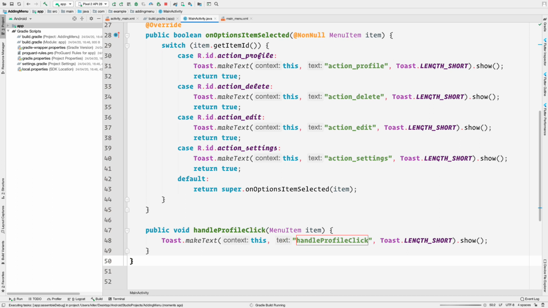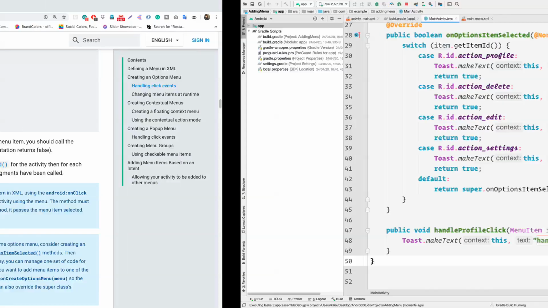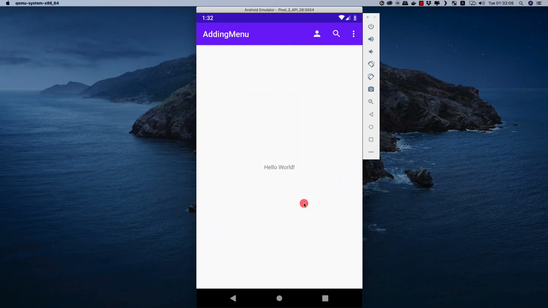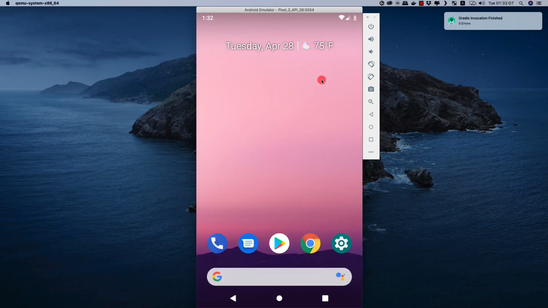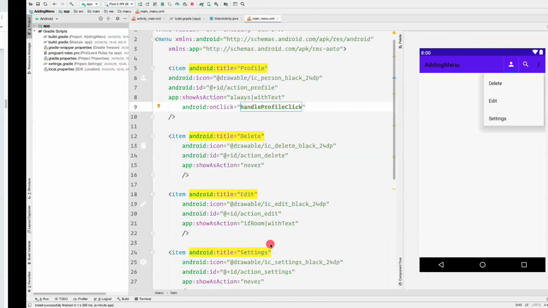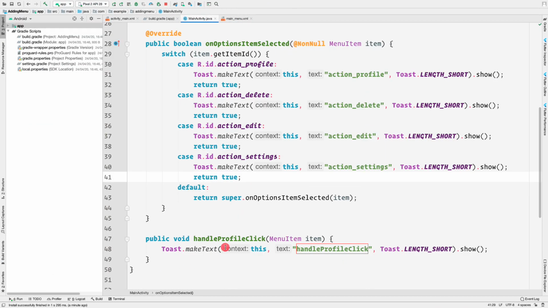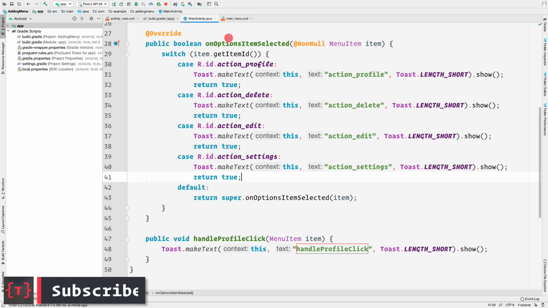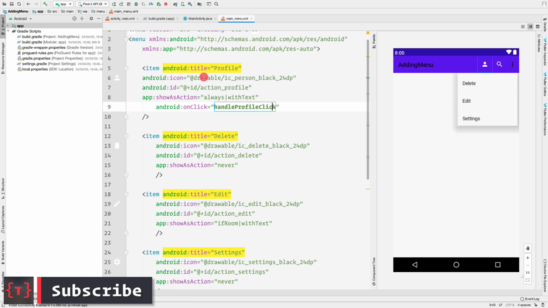So let's see. Let's run this application and go back to our application here. Now let's click on this profile item here, and we see that handle profile click was called. That is this method here, inside the main activity. We have created this method, handleProfileClick, which is triggered whenever someone clicks on this item.